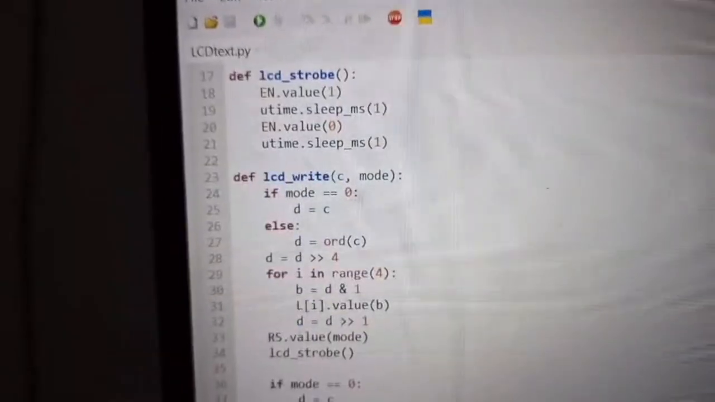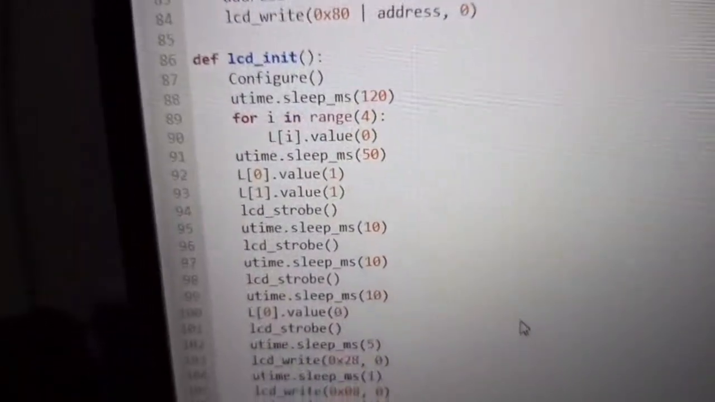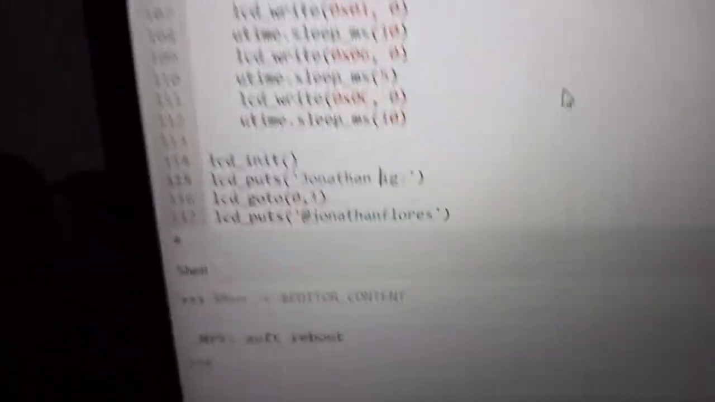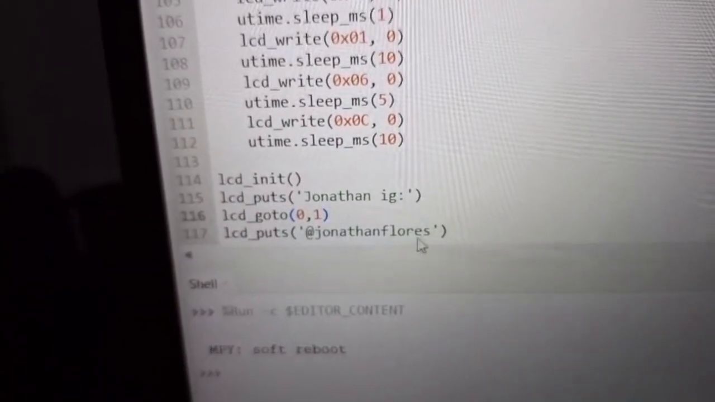Okay, in this case, we run our code and we change the messages to see in the display. I'm gonna put Jonathan IG, my Instagram